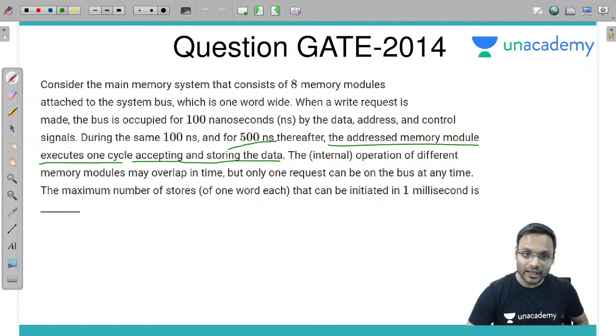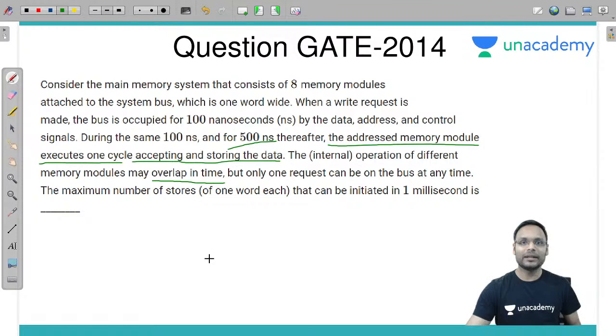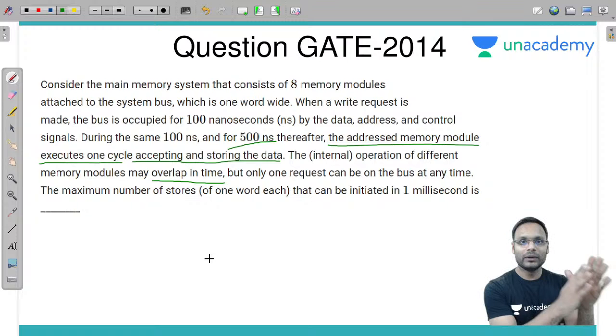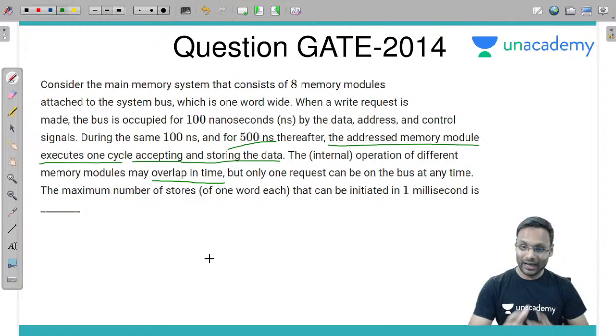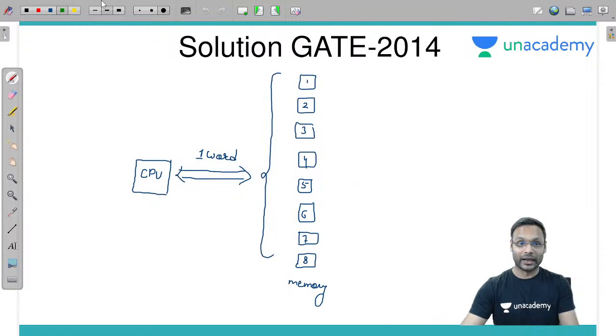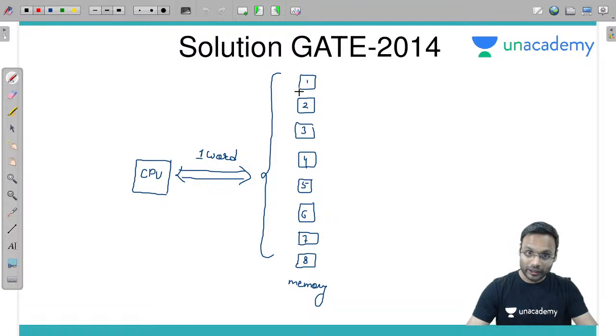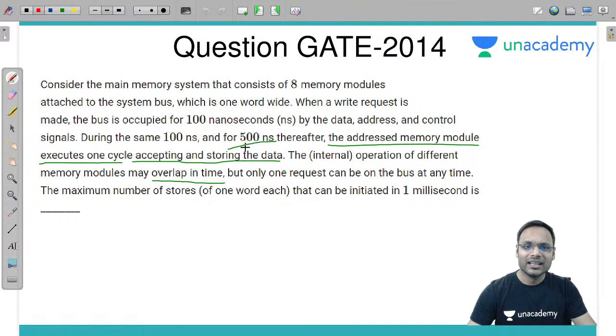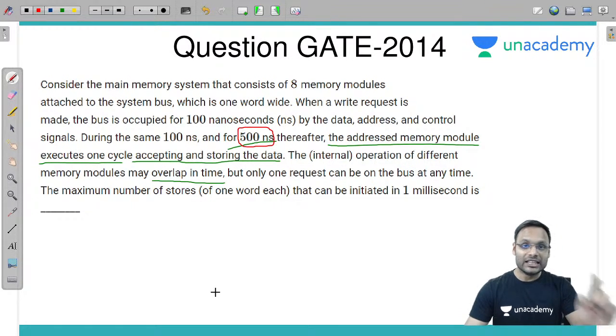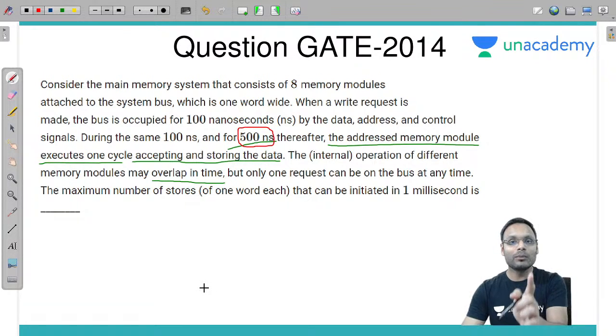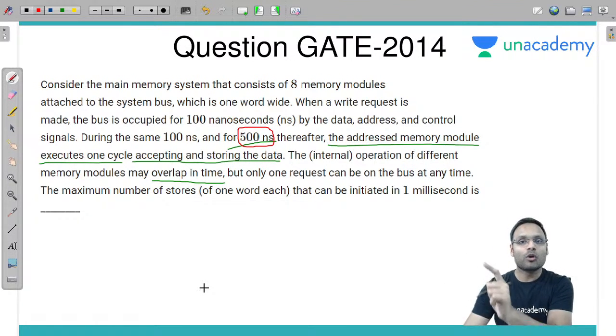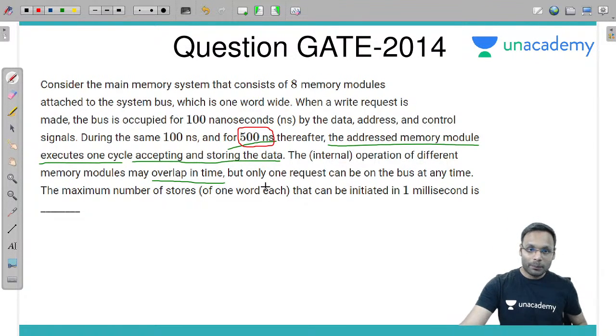500 nanoseconds। The internal modules may overlap in time। What does it mean? Overlap in time means can be performed in parallel। अब इन्होंने कहा है कि जो internal operation है, internal operation means whatever the operation of each and every module, मतलब this 500 nanoseconds का work, this work can be performed in the memory modules parallelly, but only one